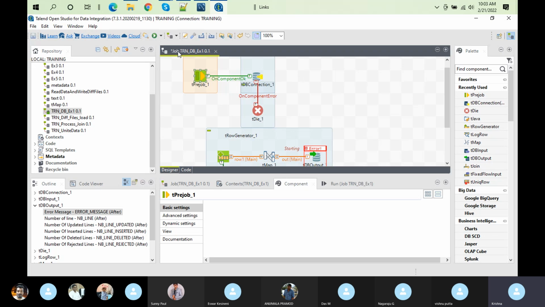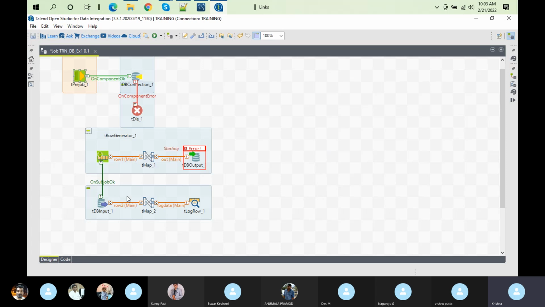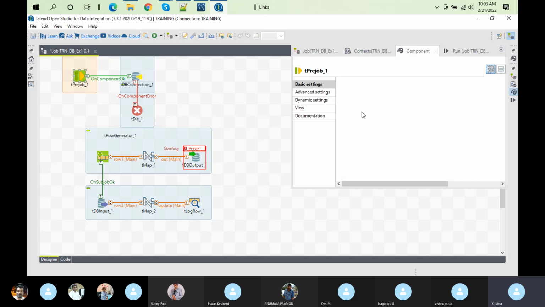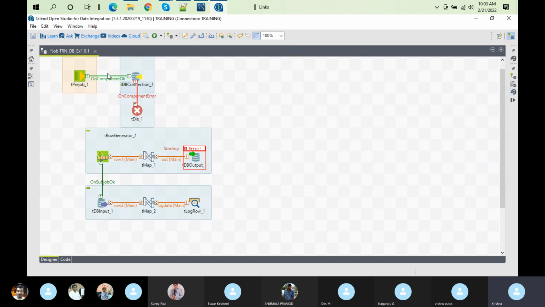So the main flow is data reading and writing, right? This is your main flow. Before this main flow starts, if you want to check anything, you can use the tPrejob. There is no configuration, nothing. Whenever you connect this component to another component, before starting your main flow, it will check that it has to do some kind of pre-work. So